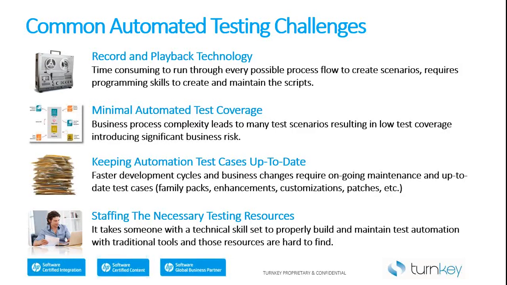So we think that there's some ways with technology that we can improve upon how that process works. I think that those issues or challenges lead directly to minimal test coverage. There's only so many test scenarios you can capture and build tests for and maintain. So often we try to do sort of happy path testing or take the critical paths and then hope that the others work. And we just don't get the broader coverage that we might want.